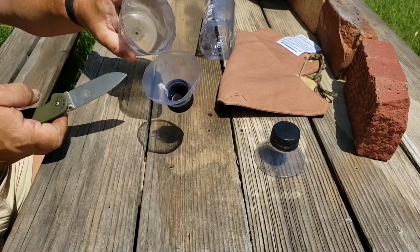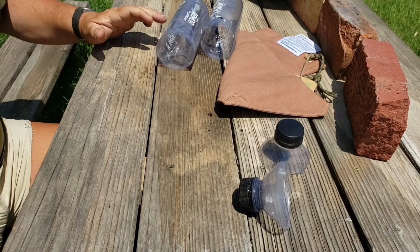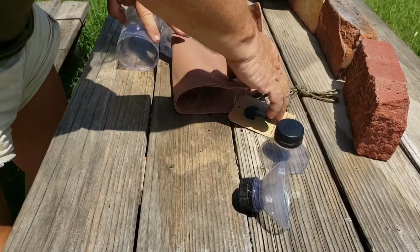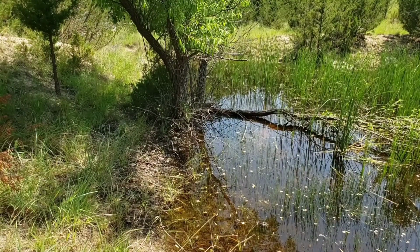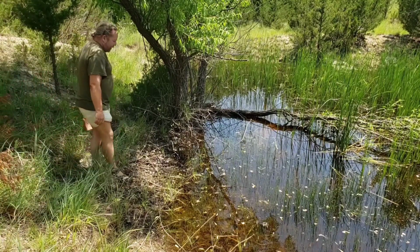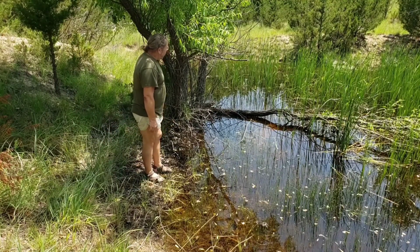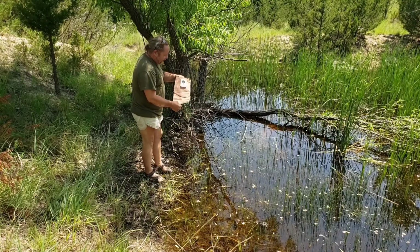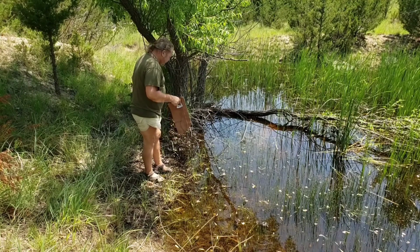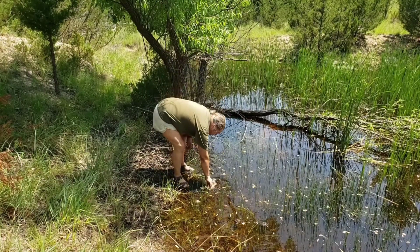Okay, now that we got these, we'll go out to the water hole and stir up a little bit of silt to test the bag. Okay, I'm out here at the cattail hole in the Great Forest of Kansas. Got the brand new Millbank bag. I lengthened out the 550 cord on it because I'm going to hang it on the tree right there with the catch basin there. So we are going to work this in the water